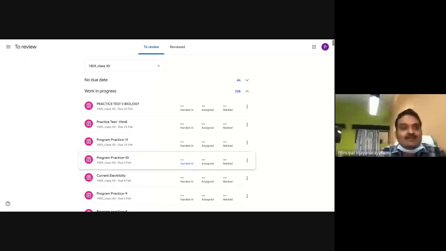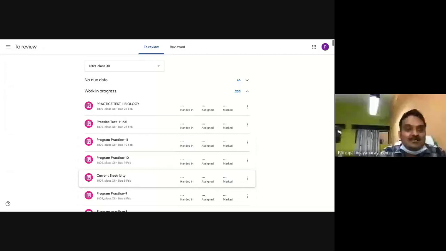They can pick up those classroom assignments and share them with your junior class students. So it is very important for the sanctity of the examination that those students' document rights are revoked.